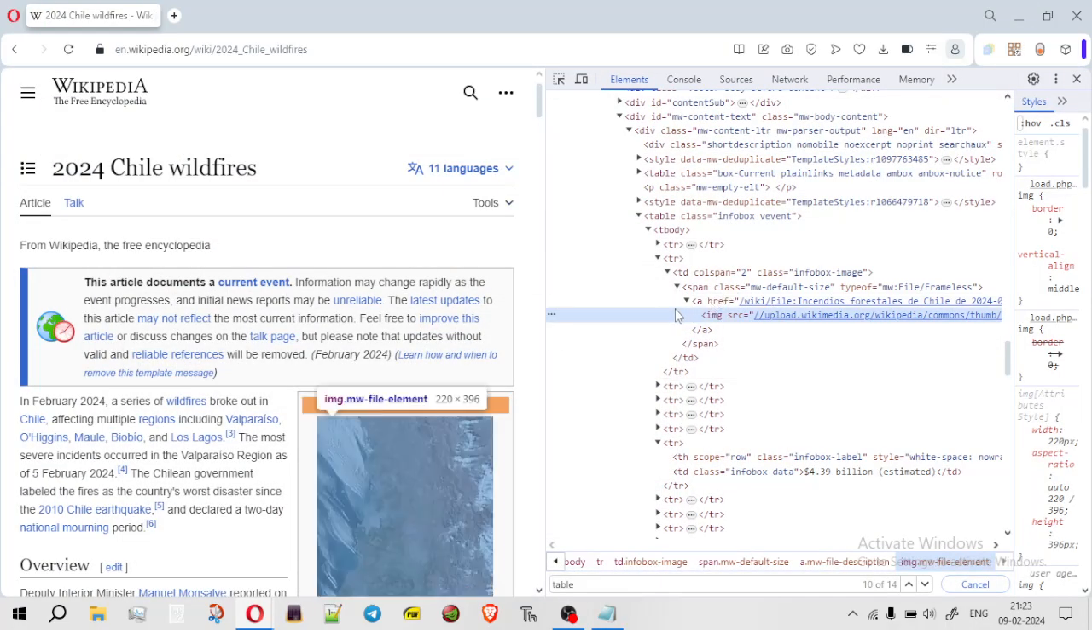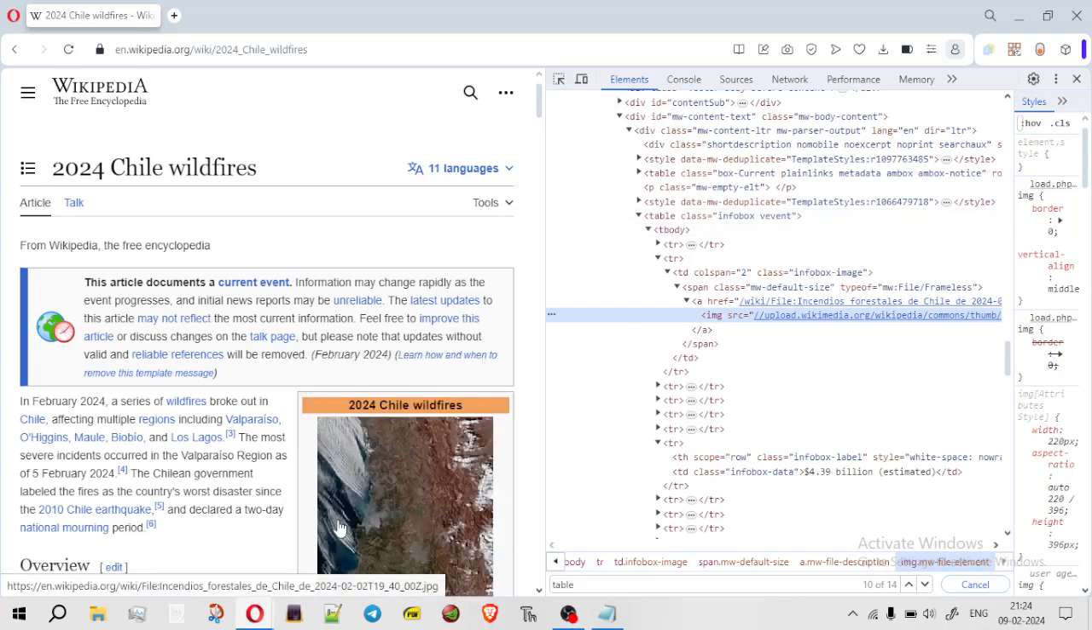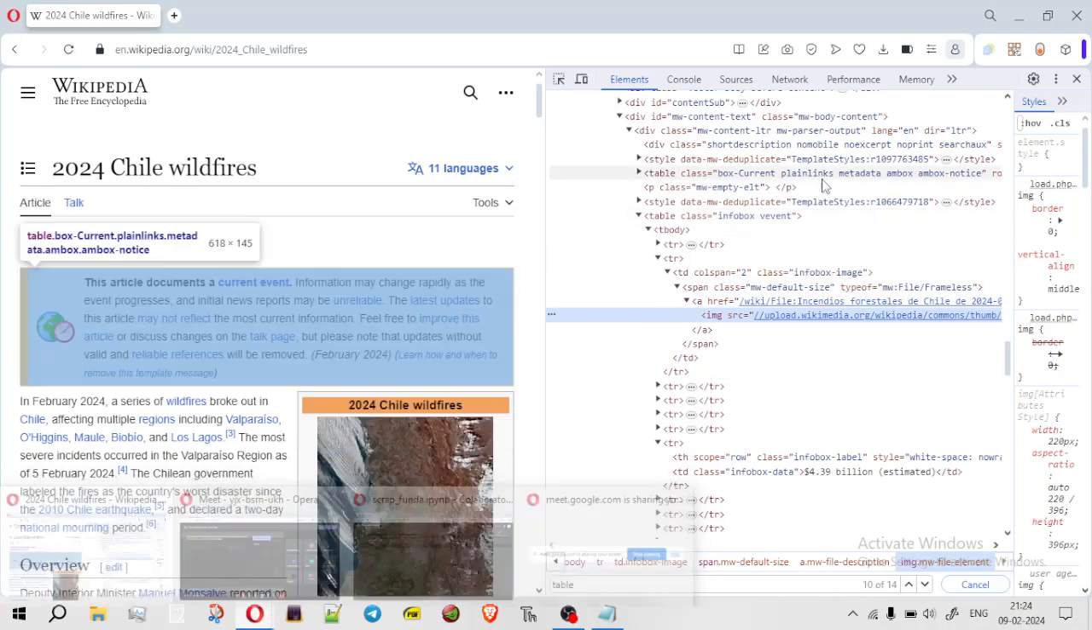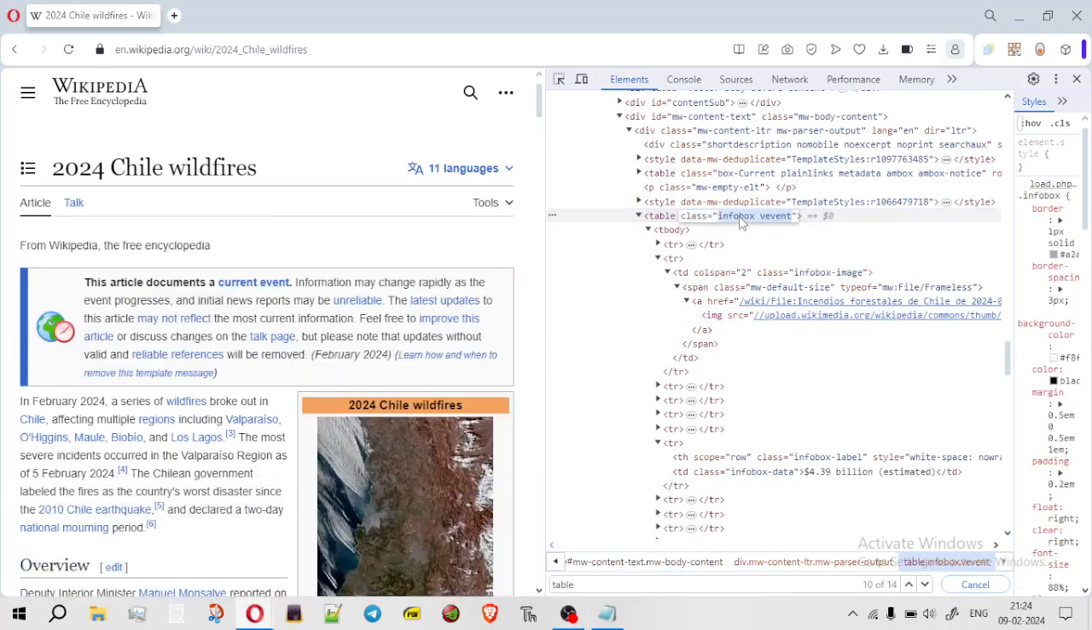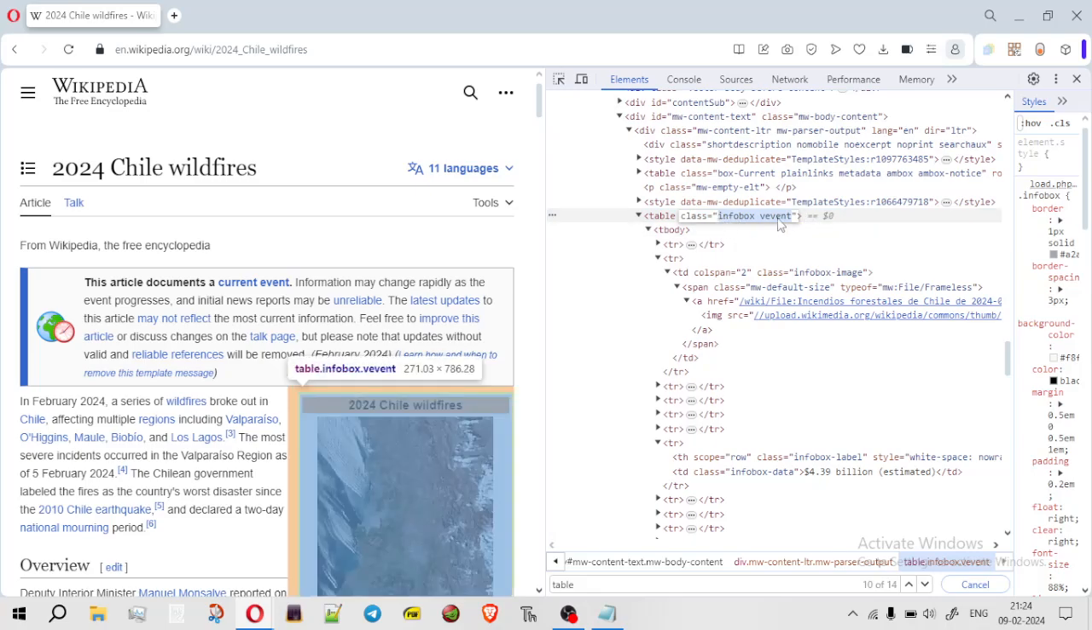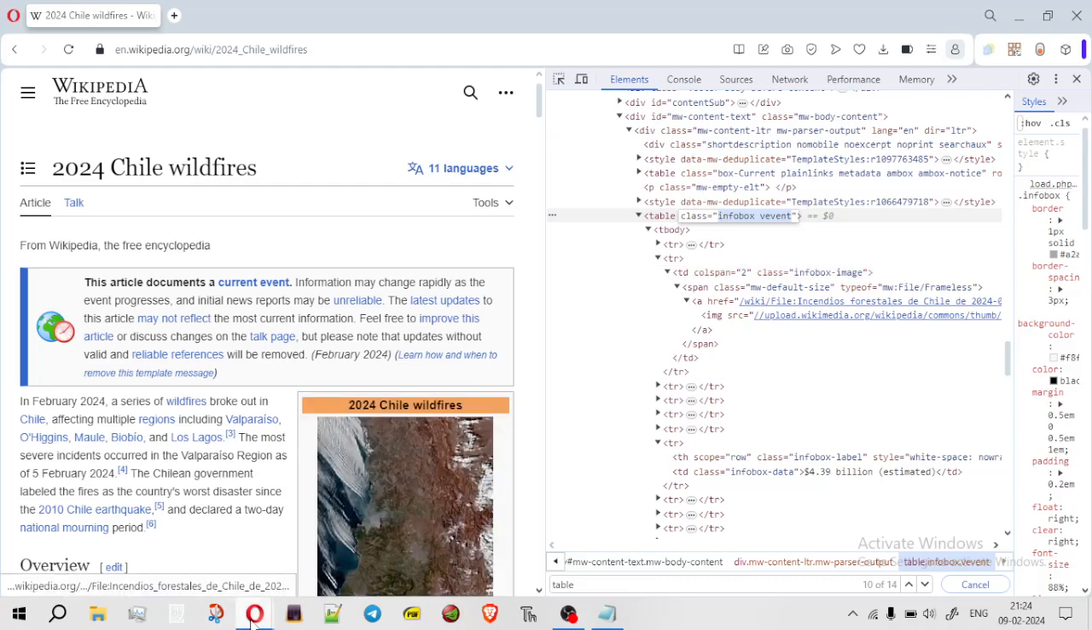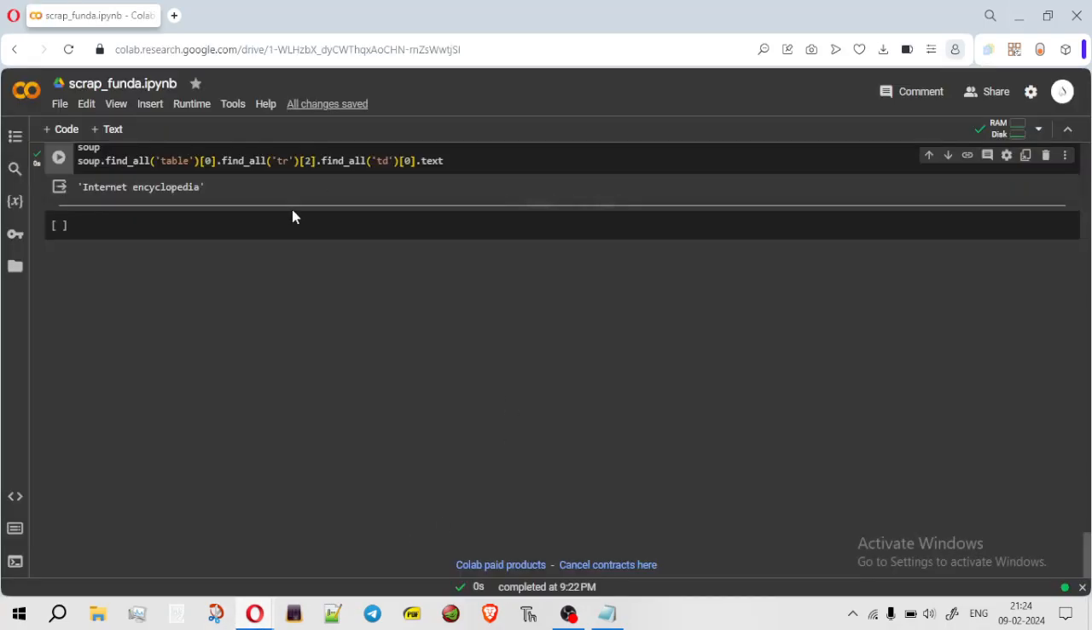Okay, so here where I was, yeah, this is a table. I want a specific table which has this class. Let's see how we can write it. Let me copy paste it. I am just copying this class name. Now pay attention here. Soup dot find